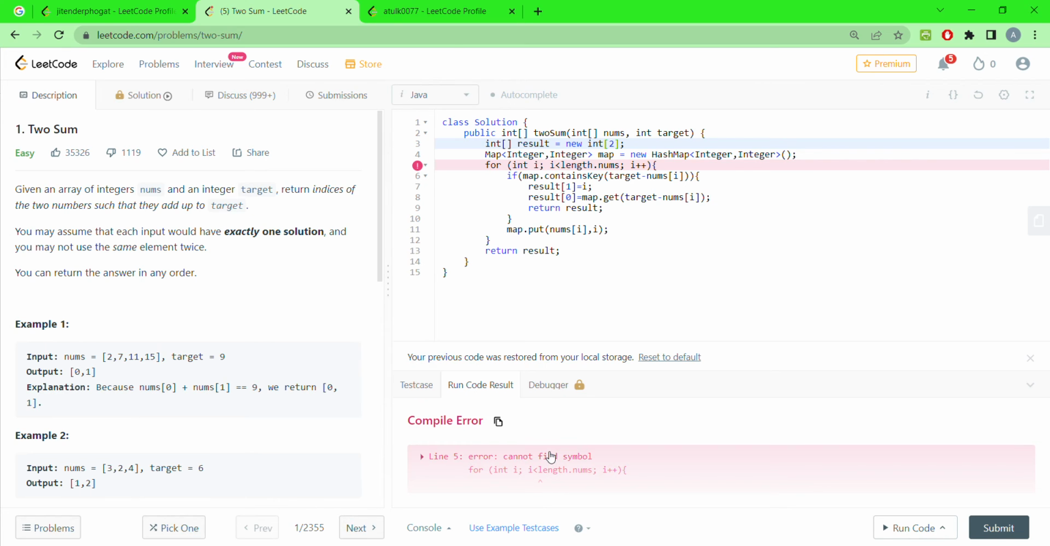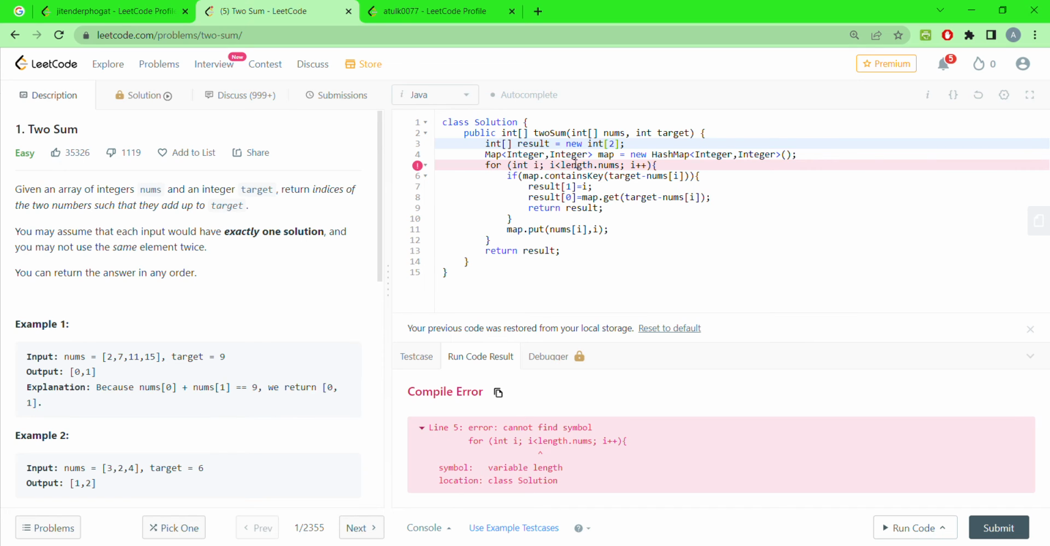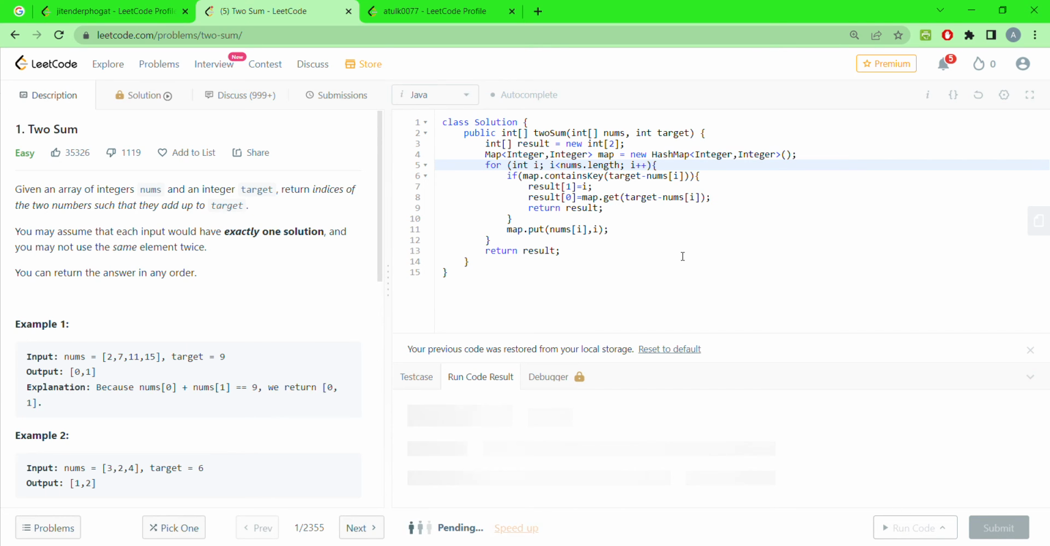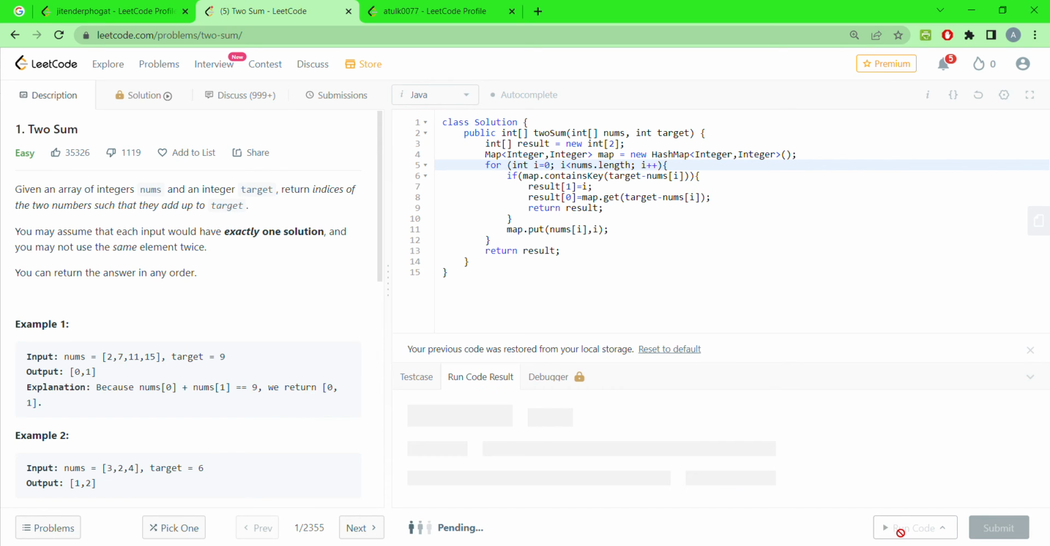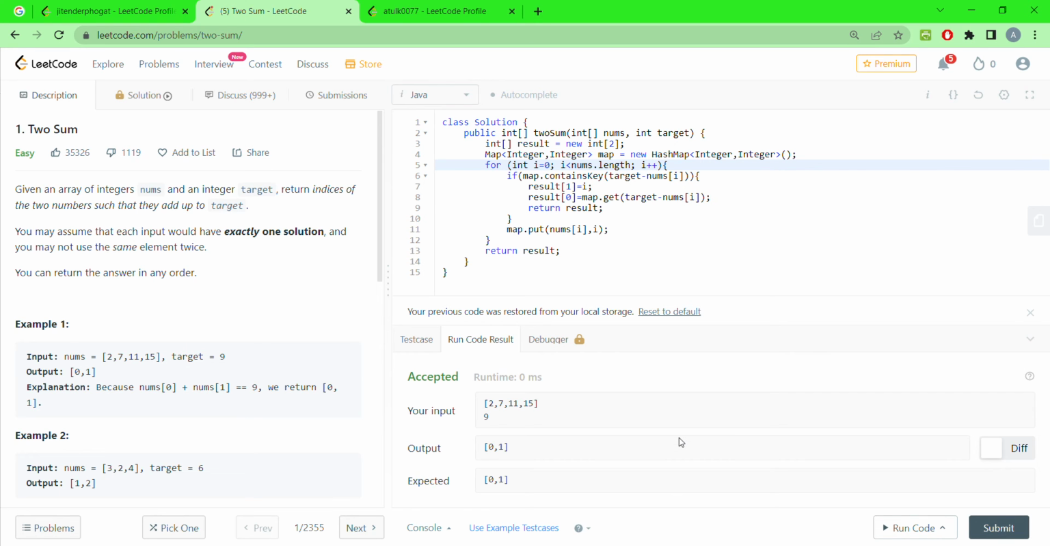Cannot find symbol variable length. Variable length is not a variable. Nums is the variable. Nums dot length. Okay, let me run this code now. I hope the brackets are fine. Again, I less than, variable I might not have been initialized. Oh, you have to put I equal to 0 first. Let's try to run this. Accepted. Runtime 0 millisecond. Your input 2, 7, 11, 15. Your output is this. Woo! My code ran